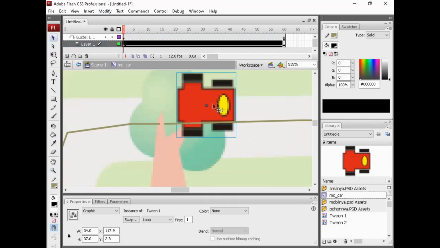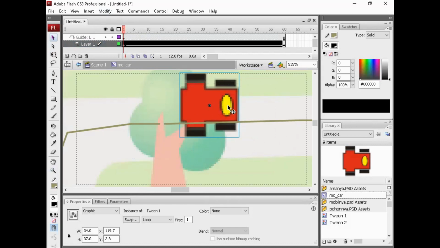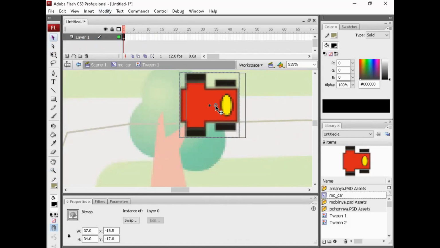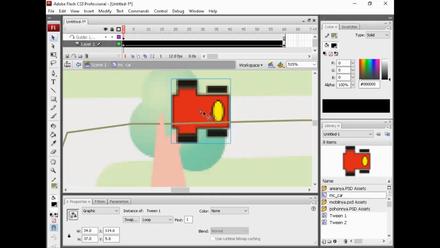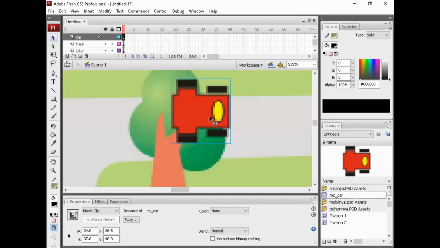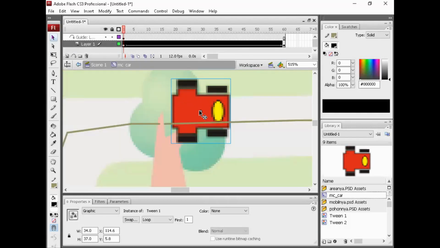Okay, choose this. Modify, free transform.